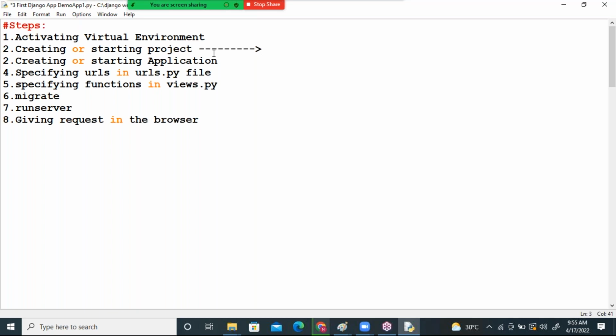It will ask, enter the project name, enter the application name. You enter and say create, they will be created. No need of any command, right? Now say the command for starting or creating a project. Yes, everyone loudly. Django